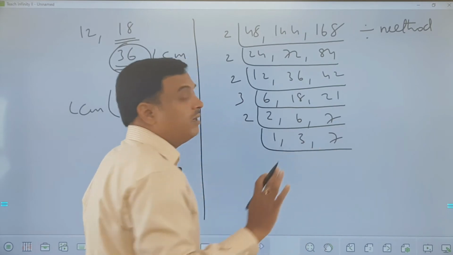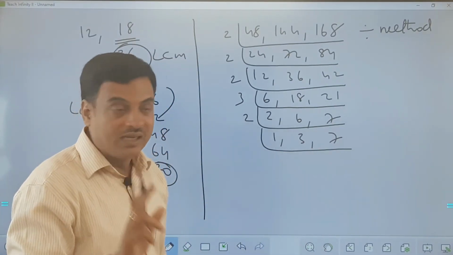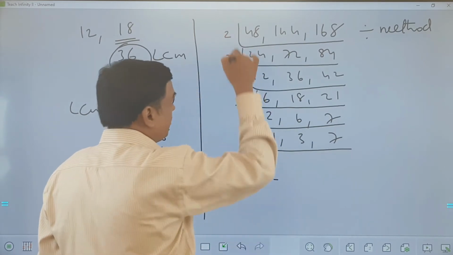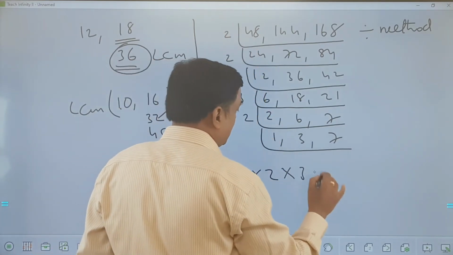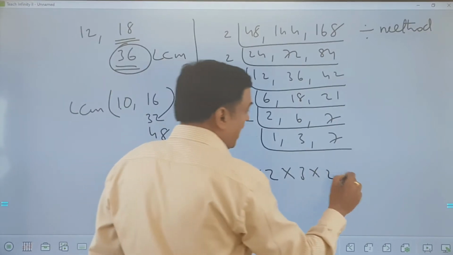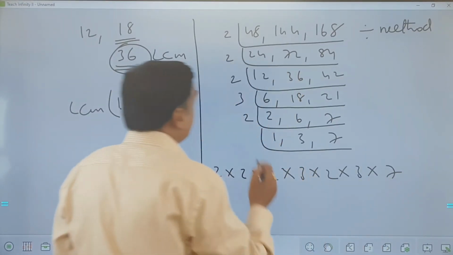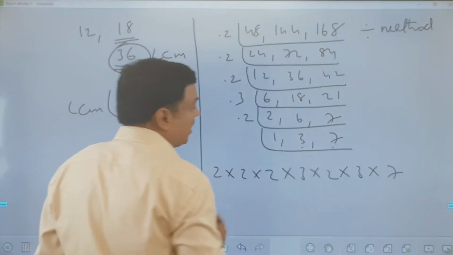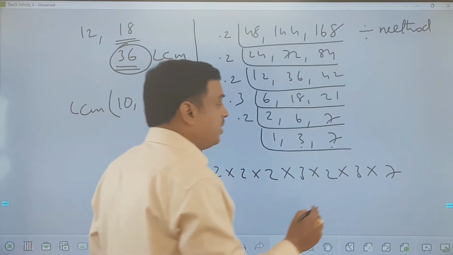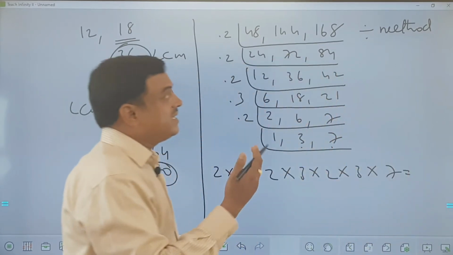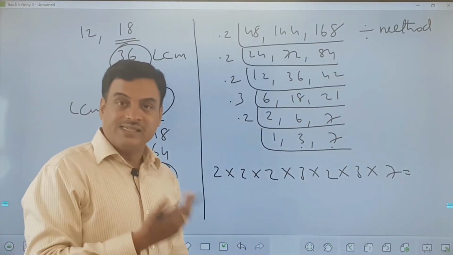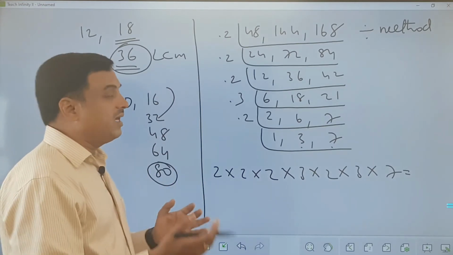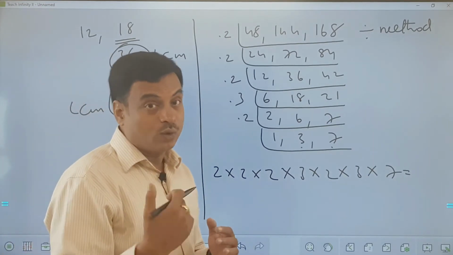Now there is no common number which can divide two numbers here, so I'll consider all of the numbers. So 2 into 2 into 2 right from the beginning, followed by 3 into 2, and then followed by 3 and 7. So what I did, my friend, is 2, 2, 2, 3, 2, 3, 7, all the numbers I have multiplied to get the value of the LCM. So this is called the division method to find LCM. Or I could have taken a little bigger start in case my tables, my multiples, are good with me.